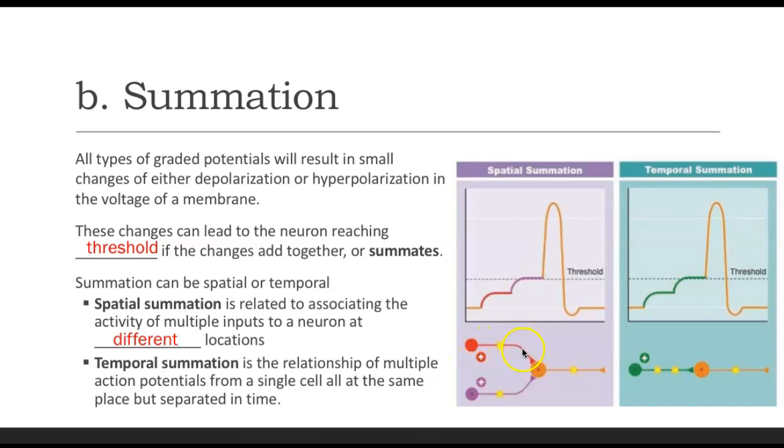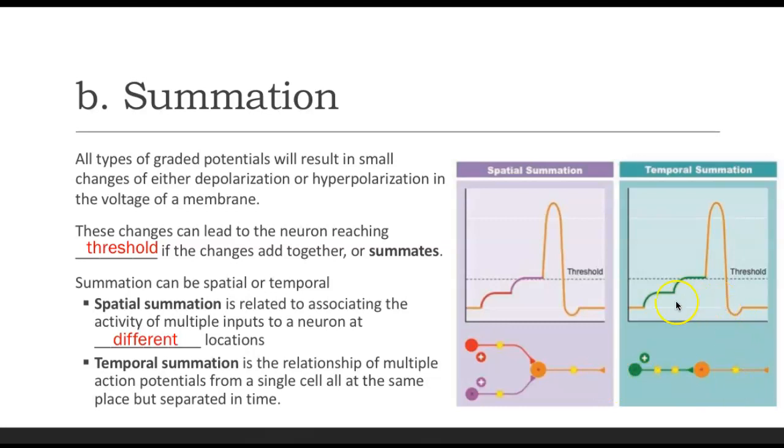So for instance, here are two different neurons. They're both sending EPSPs over to my second neuron here, or third neuron, I guess I should call it. And they're synapsing at different locations, but we are still summating. So here is the EPSP of this, let's call this neuron A. Here's the EPSP of neuron B. And together they summate, reaching threshold, so we can send that action potential through neuron C here.